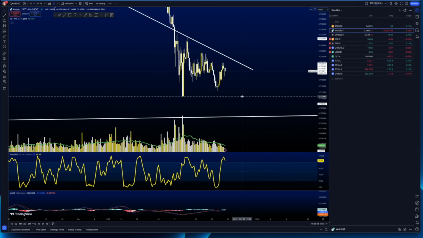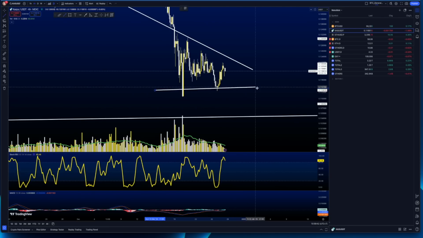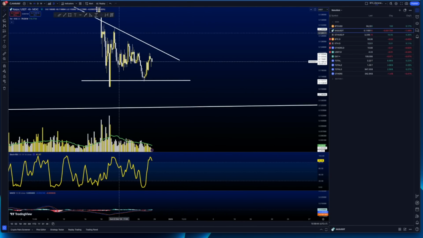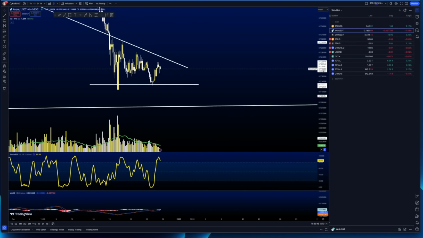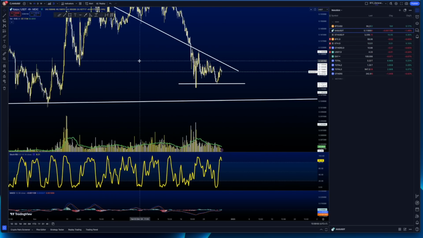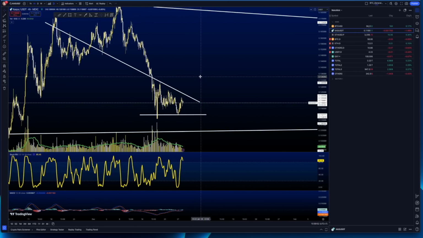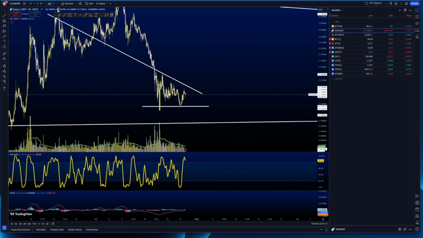So guys, it would be very nice to see if Kaspa is going to break above this descending triangle, right? I don't know when exactly that's going to happen, but obviously we do have to wait, right? It's not only Kaspa that is suffering, but many other projects as well, at least at the time of recording this video. So guys, we are going to come back to Kaspa and charts, but firstly, let's have a look at the dashboard,